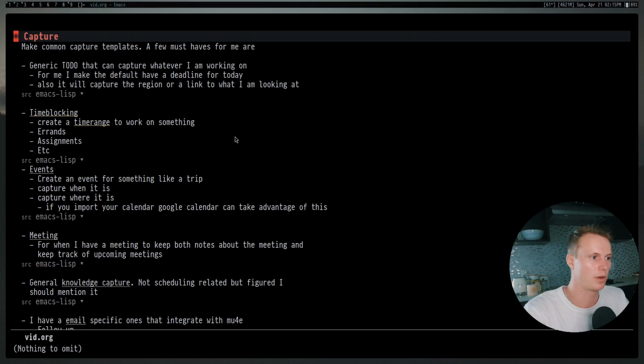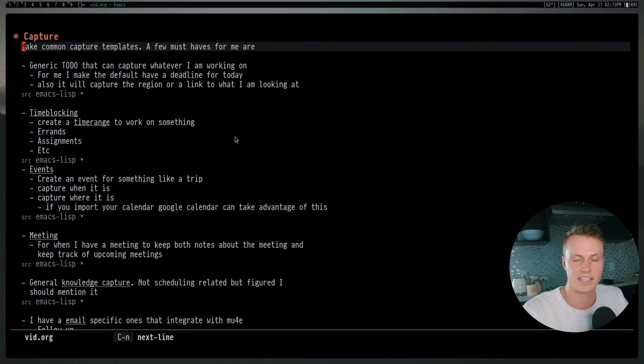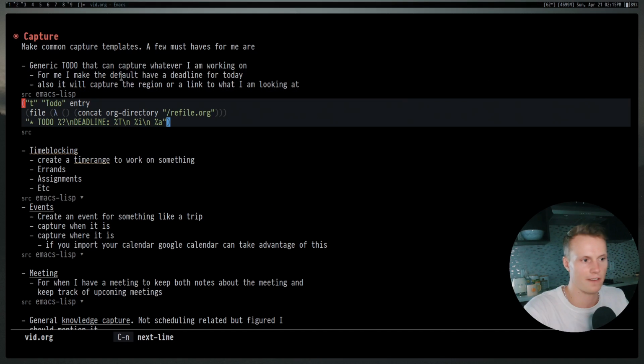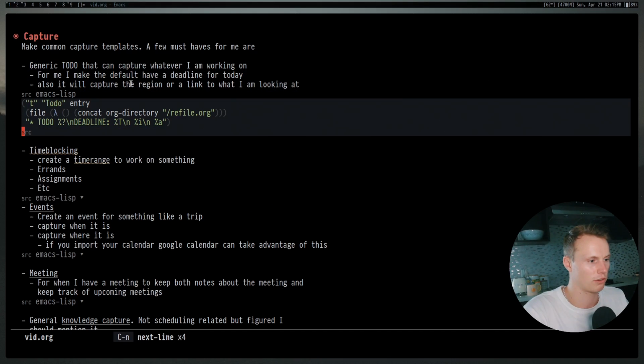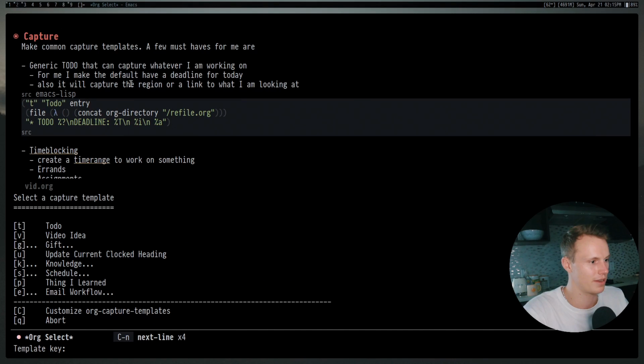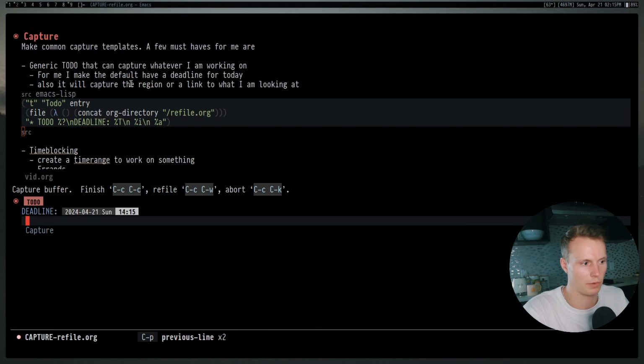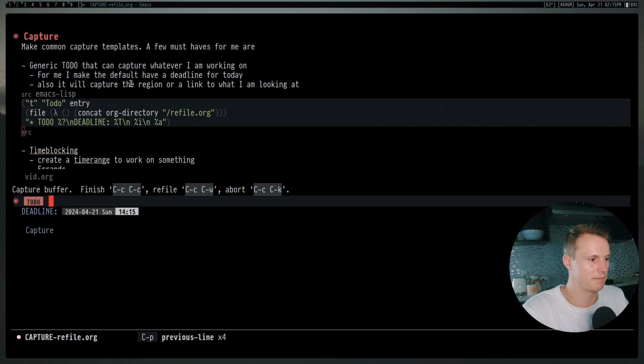All right, now moving on to capture. Org capture is a way to write really simple templates for capturing different ideas, tasks, and events within an instant. A couple keystrokes, and you're there. There are a couple really useful ones that I highly recommend you try out. Obviously, there are generic to-do tasks. So here's my template, and I just do Control-C, Control-C to get to my capture. I can just hit T to do a to-do task, and it automatically inserts a link to whatever I'm looking at, as well as prompting me for what I want to mention.